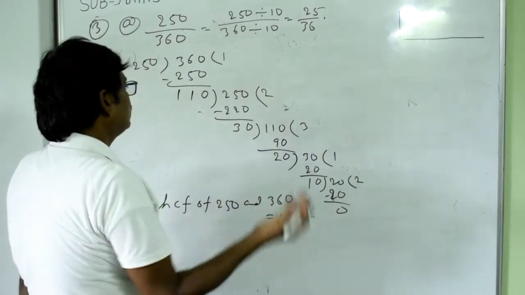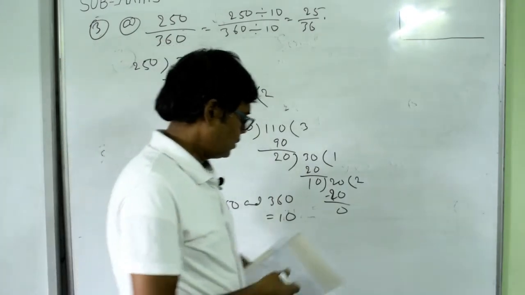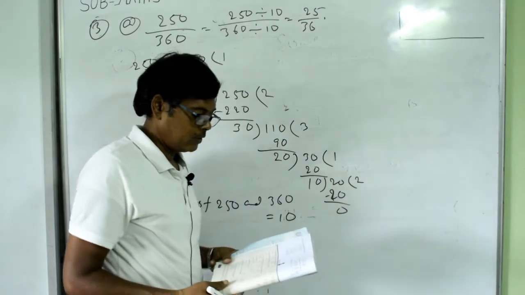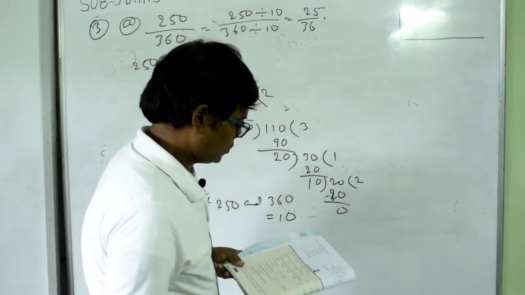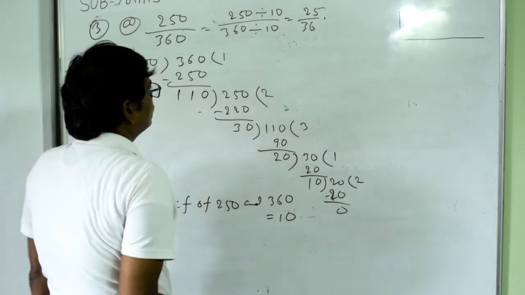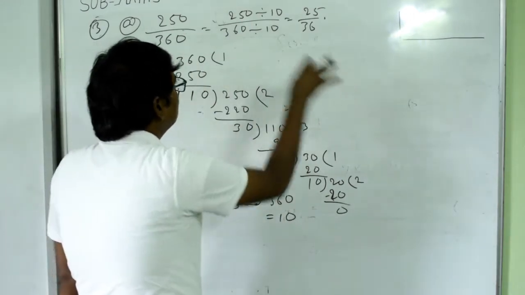So in this way you can find the standard form. This is also called the standard form or the simplest form or the lowest terms, okay? And here you will do all this work in the rough. In the rough you will find the HCF and then directly divide here.